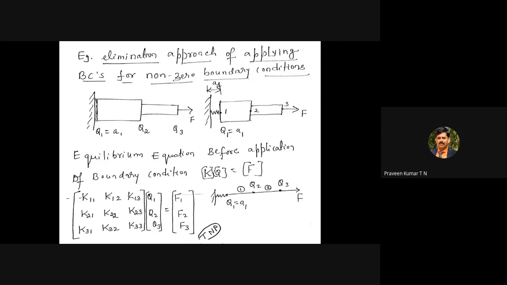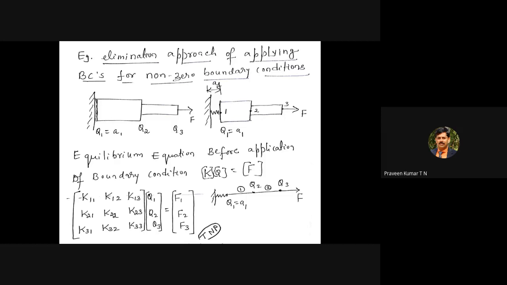Then Q1 is not equal to 0 because of this slackness. I gave the example of mounting the fan by a plastic wire, or by a nut and bolt system. Whatever you do, you have to express it in terms of stiffness. So imagine this fan is mounted by a heavy spring at the top. Now there is a small deformation of the spring. That deformation is given by A1. In general, at node 1, a small amount of deformation is allowed because of slackness, mounting problems or fastening effects, etc. That is given by A1.